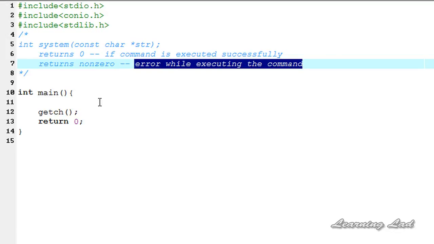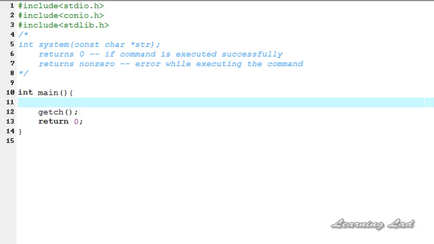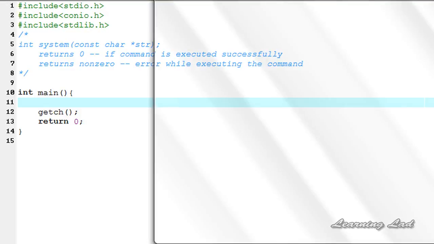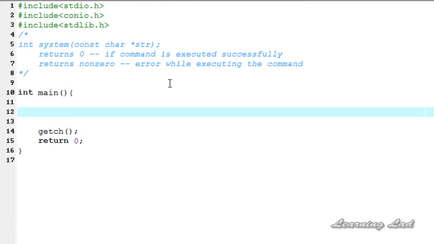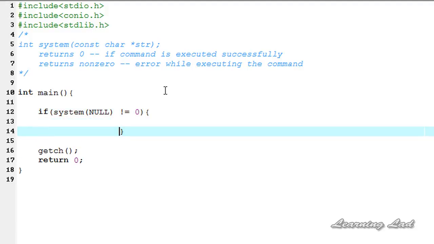Okay, now we're gonna see how we can use this function in our program. Just for the demonstration purpose, first we're gonna check whether the operating system supports the command processor. That's why I'm gonna use the system function inside the if. It's gonna be if system of null. If the command processor is not present in the system, then it's gonna return a value of 0, else it's gonna return a non-zero value. So we're gonna check that. If it is not equal to 0, then it means that the command processor is present, then we can execute the commands there, else